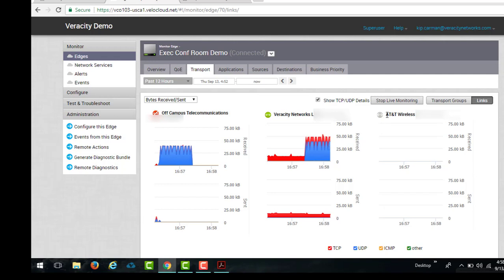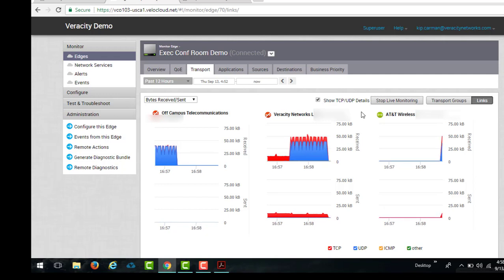Now, I referred earlier to the AT&T wireless card that's sitting in backup. We can plug in, whether it's Ethernet based or USB based on approved devices, a connection that is backup to take into account that maybe you have a fiber seeking backhoe that goes in and cuts all your connections, and the result of it is that both your primary and secondary data connections go down. So I can unplug the circuit associated with Veracity Networks LLC, and you'll notice that now becomes critical and down, and the AT&T wireless card within a matter of a few seconds picks that up, and voice calls begin routing